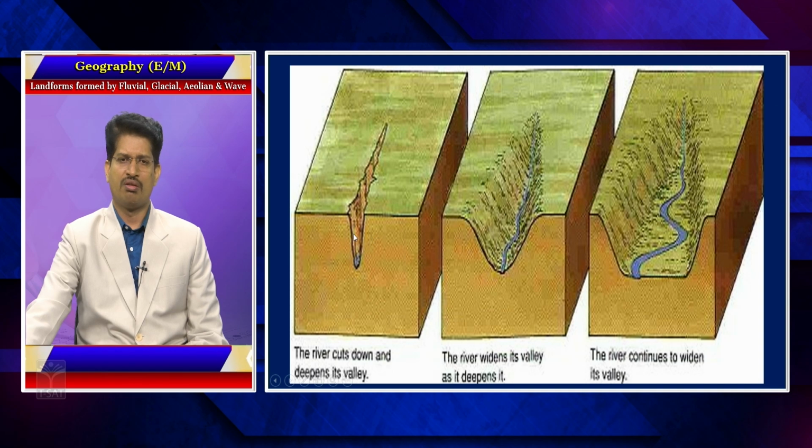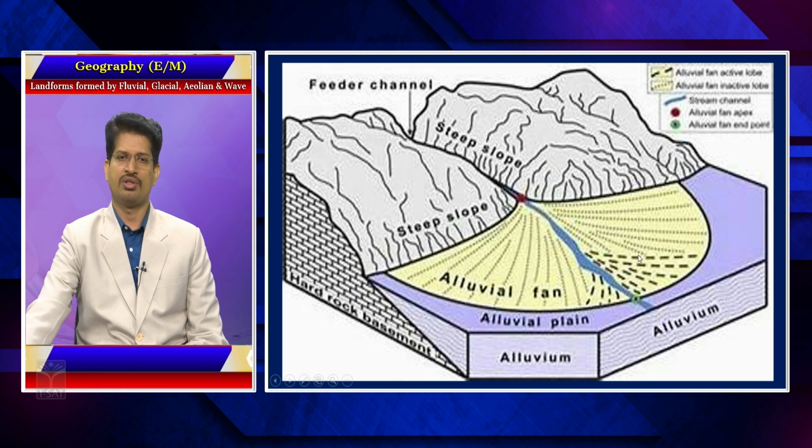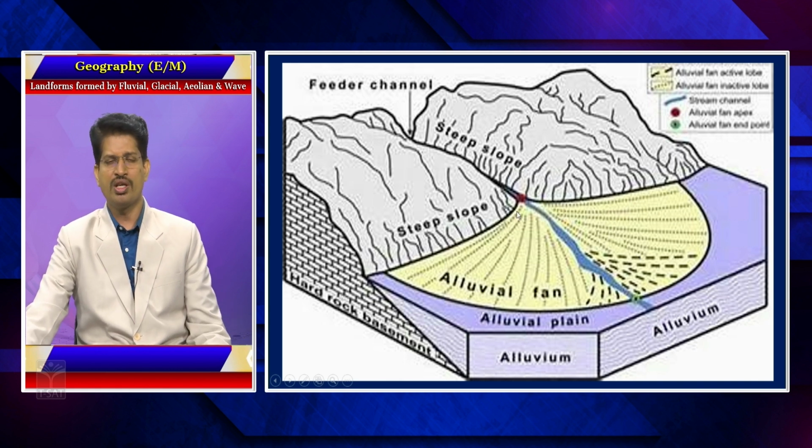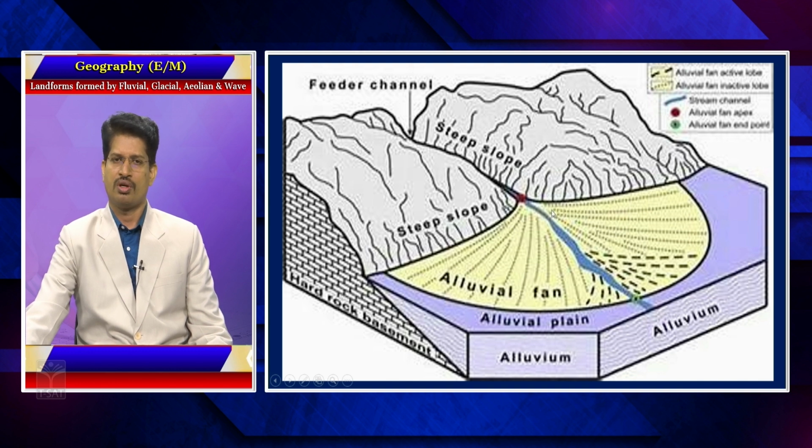So this is how valley evolution happens here. Initially, when the valley is being formed, it is very narrow because of headward erosion. Because of lateral erosion, gradually the width of the valley increases. This is how the valley shape varies with the change in the rate of weathering and erosion. By then, when the river load is left over at the foothills, the deposited material will be left in the shape of a fan. These are described as alluvial fans in the plain regions.